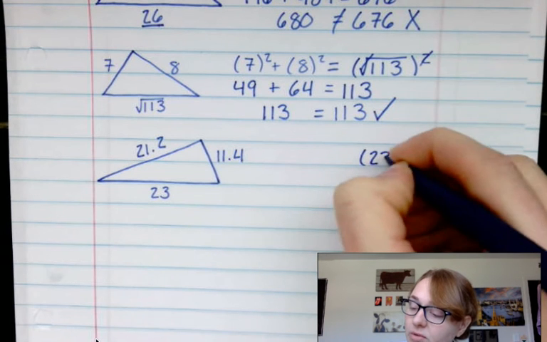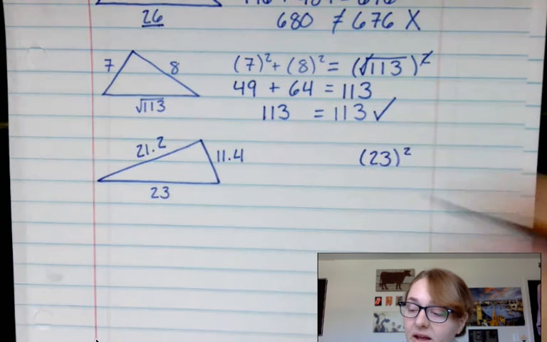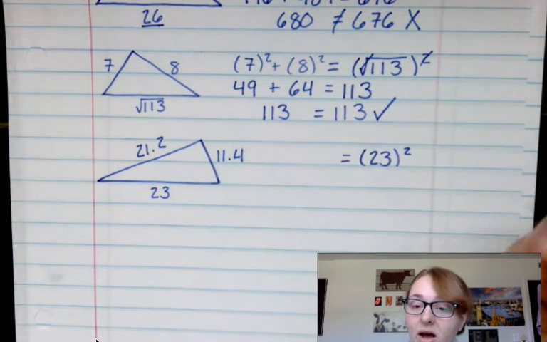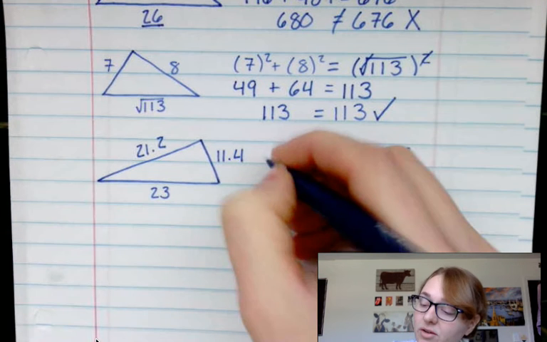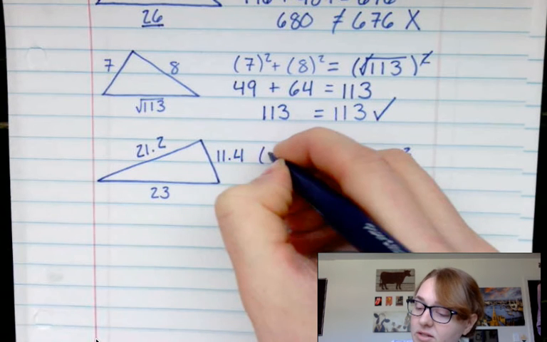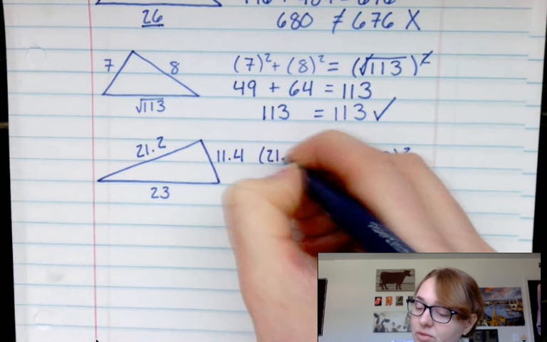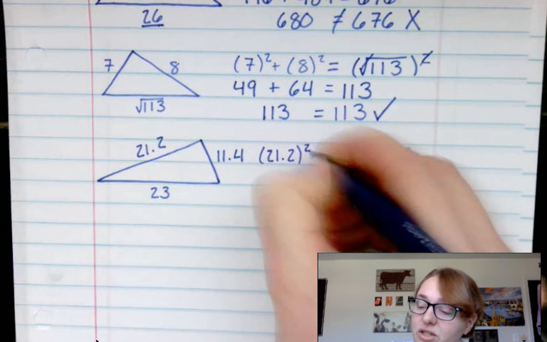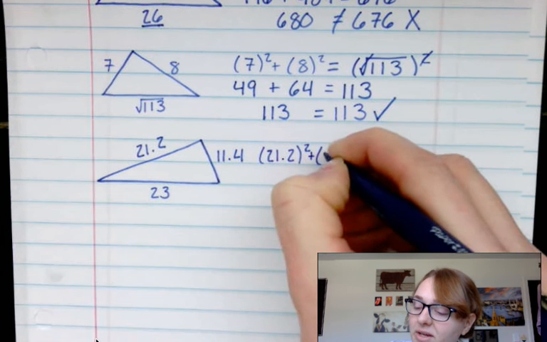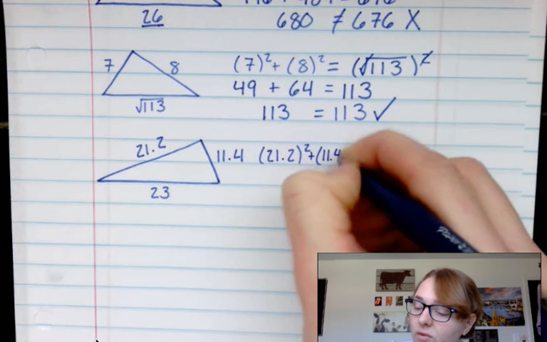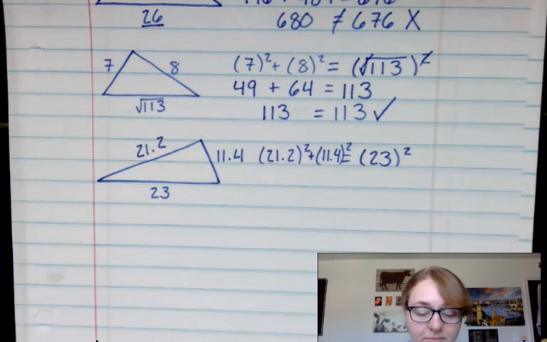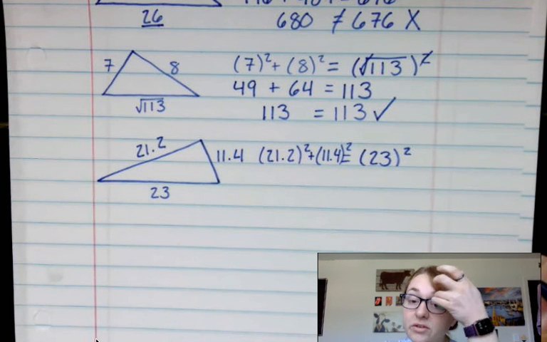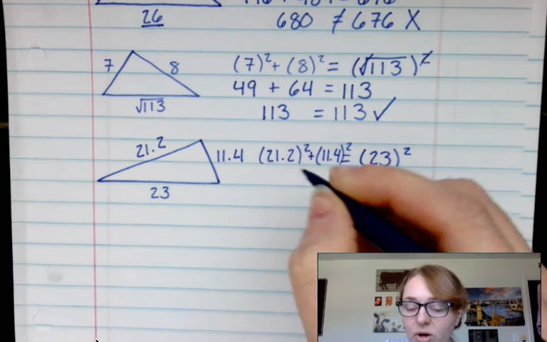So we have 23, and we're going to square it, and then set it equal to the sum of the squared sides of those legs. All right, so I'm going to take my first leg, 21.2, and square it, and then add it to my second leg of 11.4, also squared. All right, so we're either going to use our calculators or our big brains, and we're going to figure out